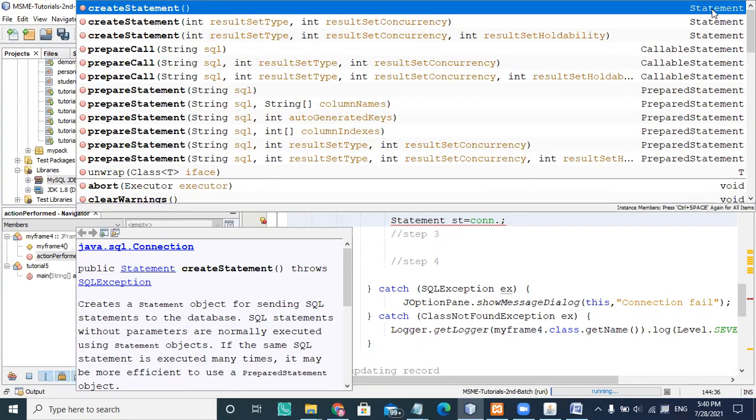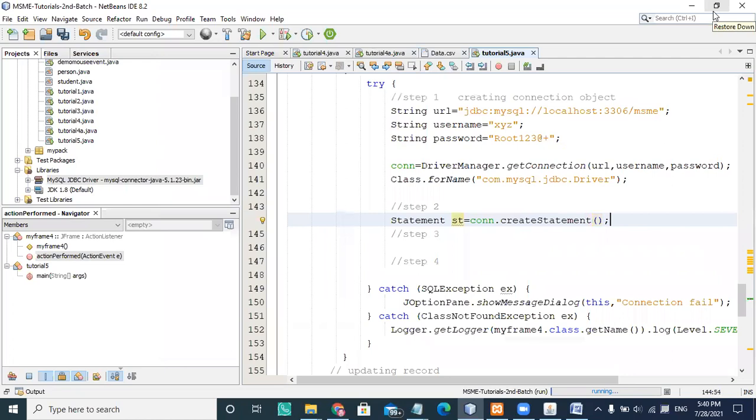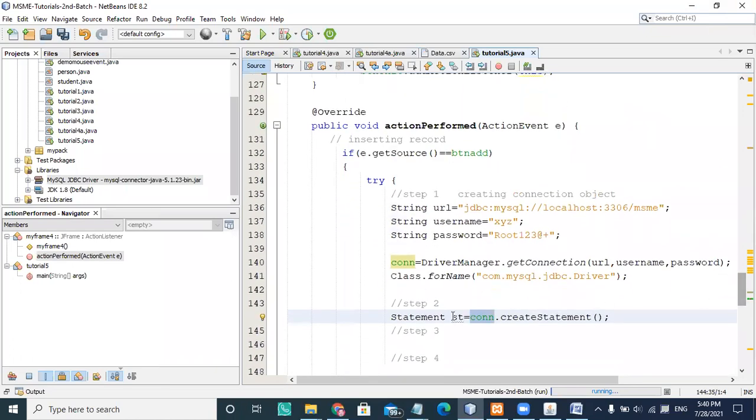Whenever I want to initialize my statement, I have to initialize it by using the createStatement method, which is part of the connection interface. So my statement is now initialized and ready to accept the query.